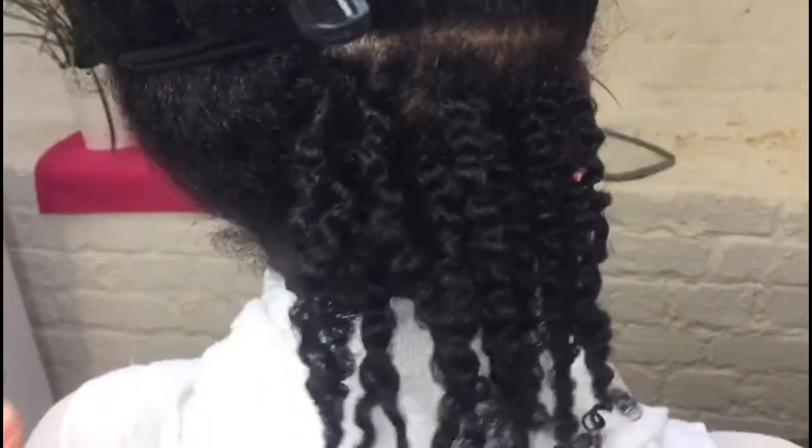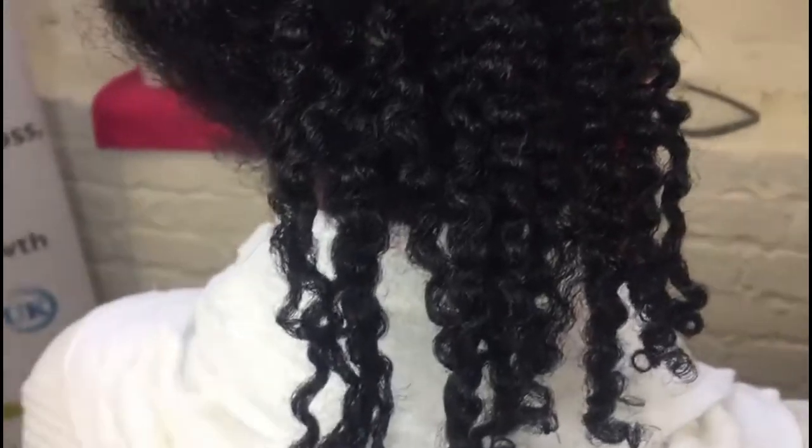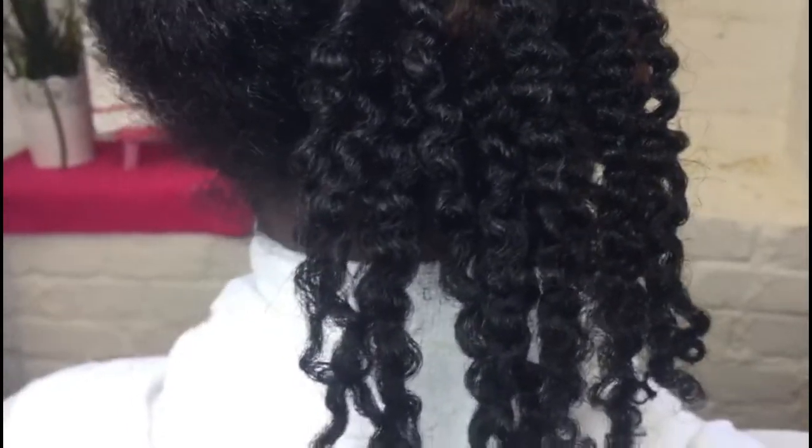So here we have the finished result of the twist out using Almocado products. You can see that they're light, they're soft, and they are fluffy, and you can see that they're bouncy. If you want tighter definition, you would leave the twists in for a longer period of time, a couple of days, or you can even use a hood dryer to set your